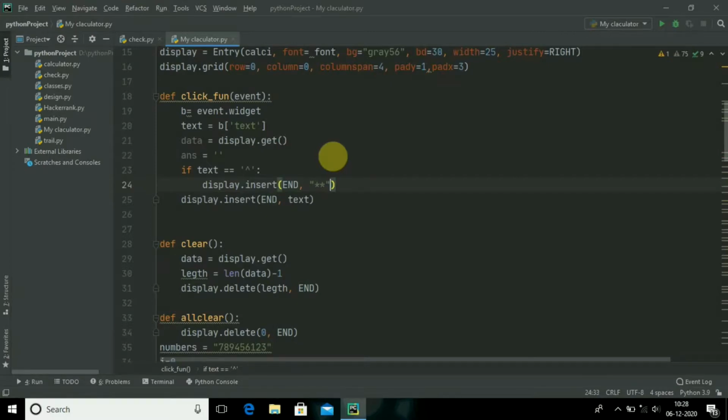As you know, in the computer the power symbol will be replaced in this way, so it will be easier for it to calculate.